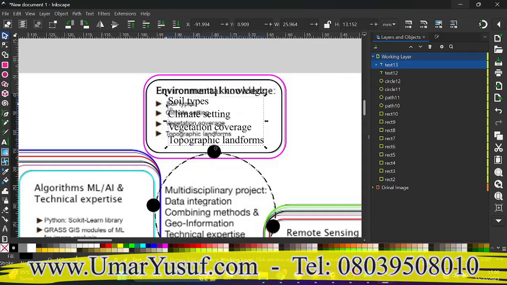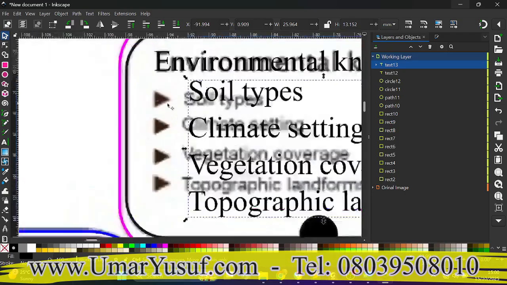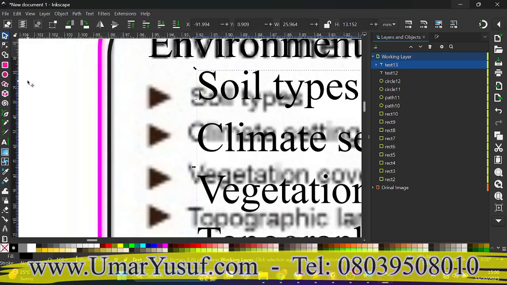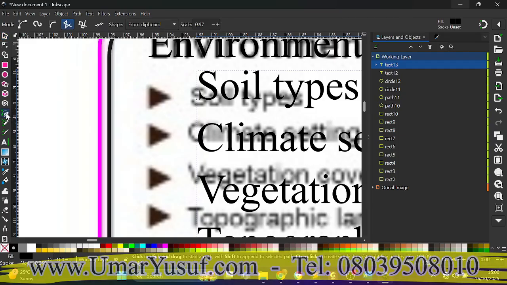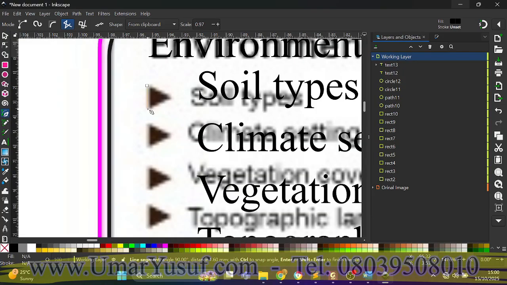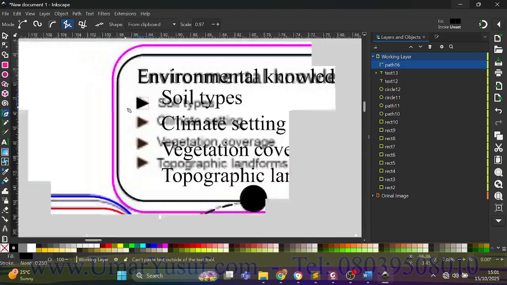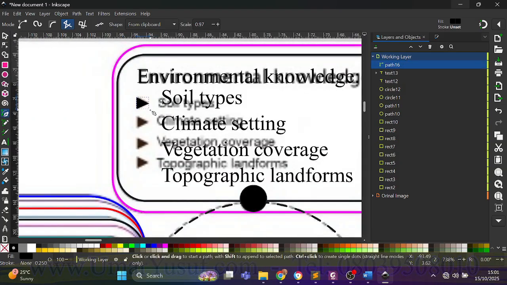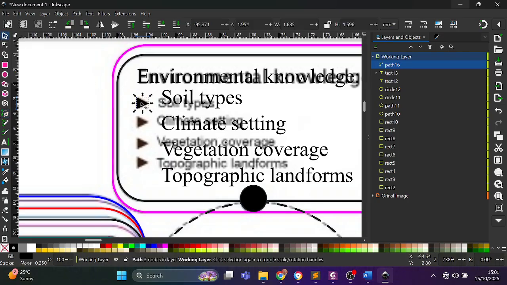So if you look, we have this little rectangle. So we need to also draw these little rectangles. So I'm going to use my pen tool. So click on the pen tool and make sure the mode is set to straight line. Then click. You can hold down Control to have a perfect vertical line. Click once again, and then click on the same point to close back. So this is our rectangle,